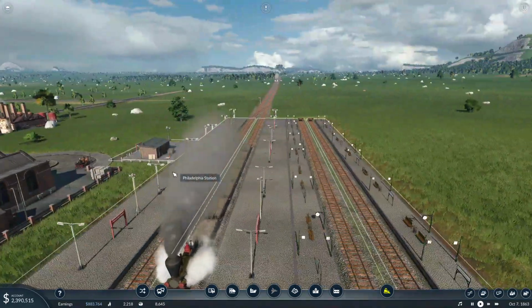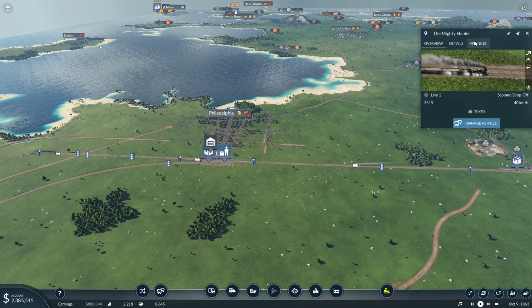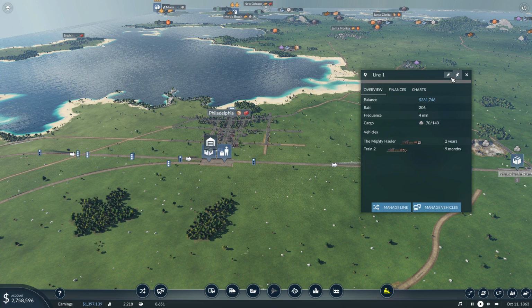Are the trains piling up, or are they well spread out? They are well spread out. I'll check this line for a second. The mighty hauler on line 1. Line 1 makes us $380,000 per year. This is a train. It's really a cargo train, right? So we'll call it, it's still a train. That's the problem with my naming convention. I like to put the vehicle type first, and then I'm gonna